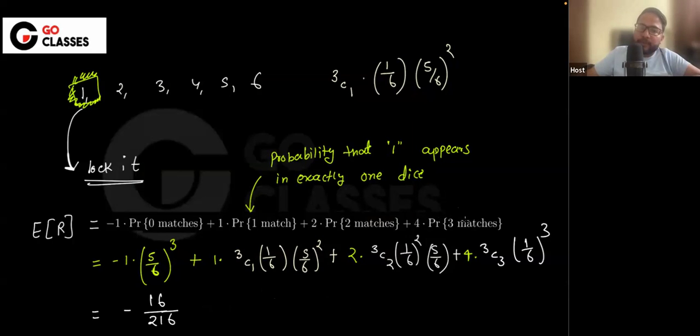That's what you're getting. Now, is this the answer? Or is this the answer only when we are getting one? So if we are getting one, then this is on average how much amount you are winning or losing, right? Now, what if you get two? What if you get two? Do you think anything will change here if I lock two? If I lock two, do you think anything will change? No, right? So if you lock this two, nothing will change, right? So which means,